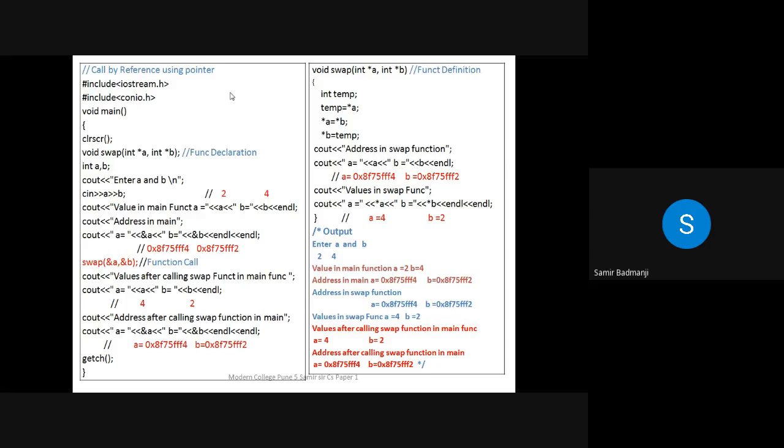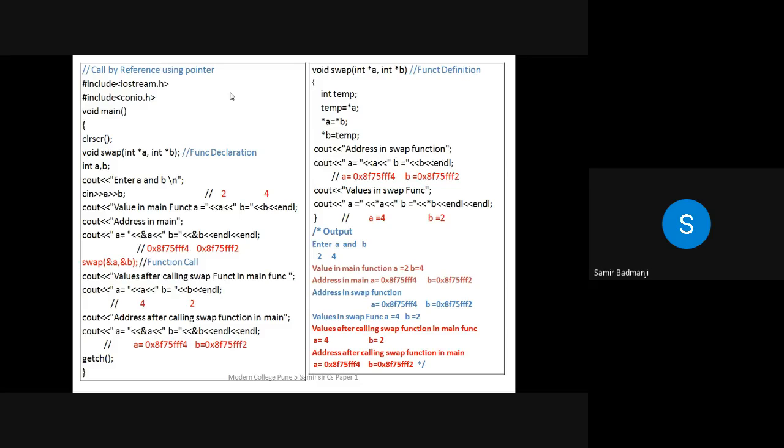Yes, sir. See, unless and until you have tried the previous programs that I have given, it will be difficult for you to understand. See, this program is very easy. Last year also we had done this program, and this year also it is there in the first three practicals. One is bubble sort, binary search, and one is call by reference using pointer. So in the final exam, if this comes, then you just have to write this code, and only one program will be there for the final exam, and you can get 50 out of 50 if your journal is also complete and if you give the oral properly.